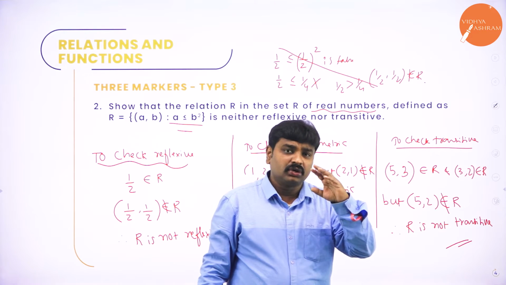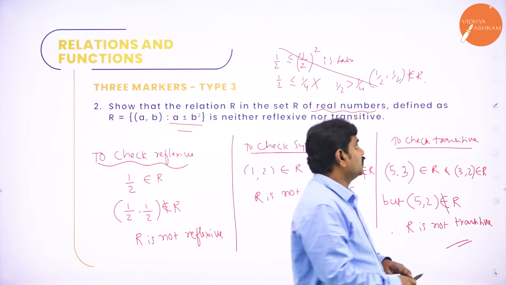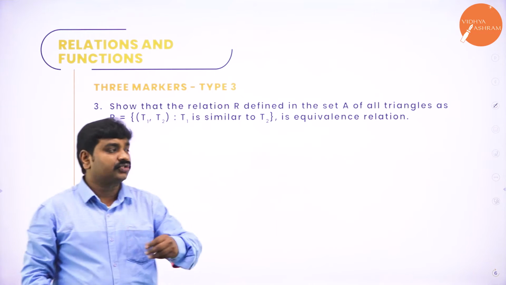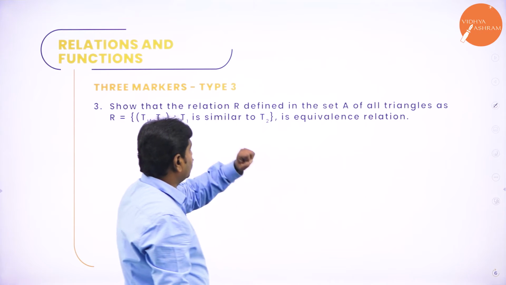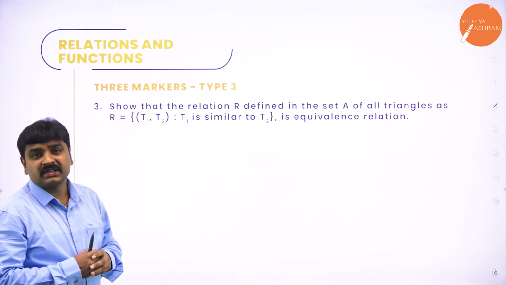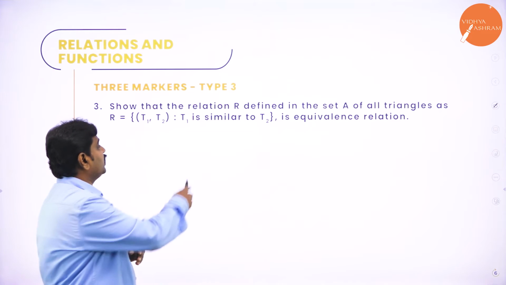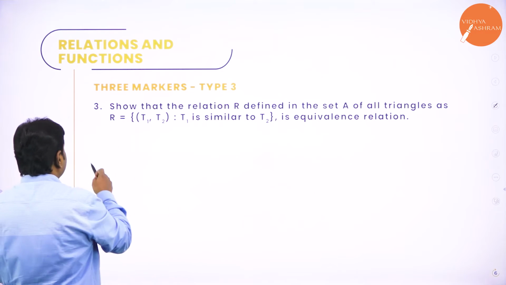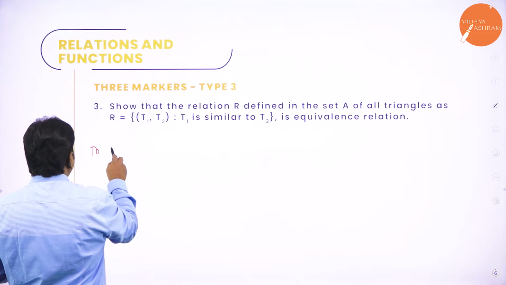Now we are done with 2 problems based on the third type. Now we'll go ahead with some more problems. Now we'll go to the next question, that is, show that the relation R defined in the set of triangles, R is equal to T1 comma T2 such that T1 is similar to T2, is an equivalence relation. How to prove? First, to check